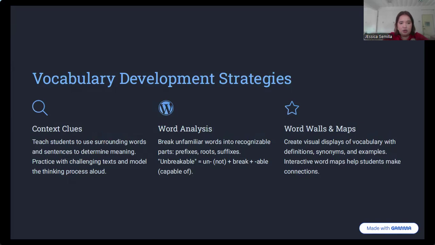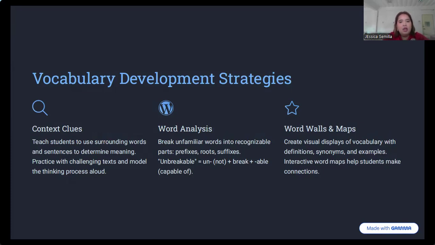So teach students how to use words and sentences to determine meaning so that they can practice with challenging text, and model the thinking process aloud. Because remember, our students are not walking dictionaries. Even us teachers are not walking dictionaries. Therefore, we need to teach our students to locate and identify context clues that would help them understand the meaning